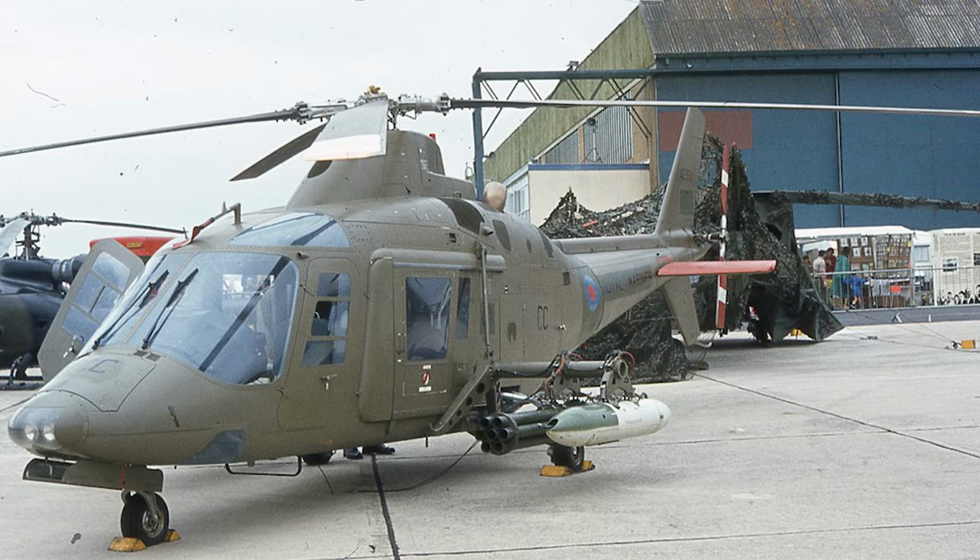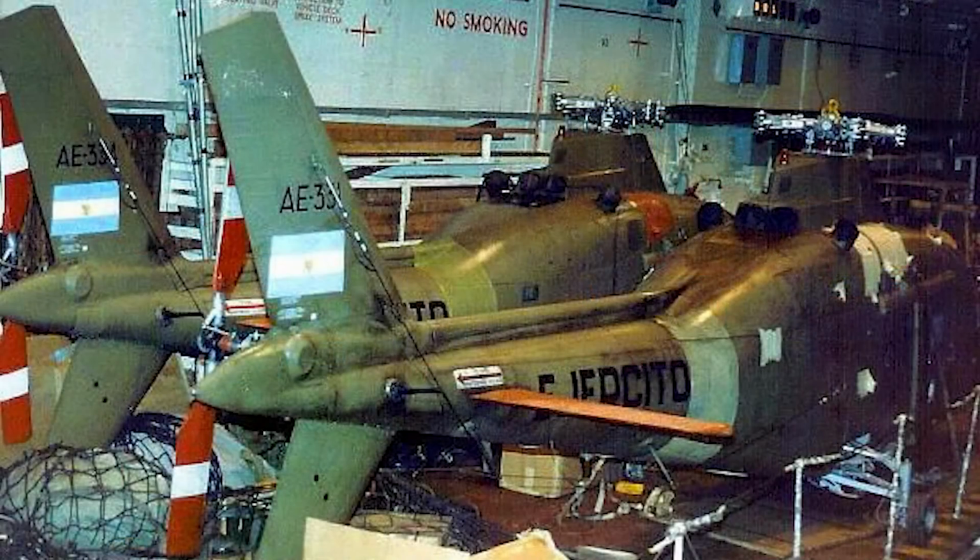British Service. It was at the racecourse that 2 A109s were captured by 3 Commando Brigade of the Royal Marines. These helicopters had serials AE-334 and AE-331. These were then flown to HMS Fearless, which was anchored in San Carlos Water. The ship then set sail for the journey back to the UK, where the helicopters were unloaded upon the ship's arrival in Plymouth. The A109s were then exhibited at various air shows before being tested for a period of about